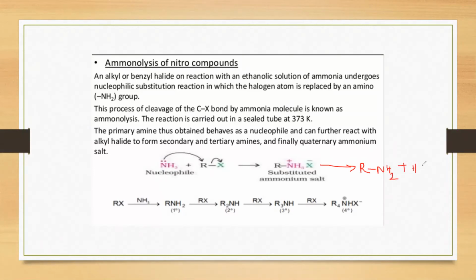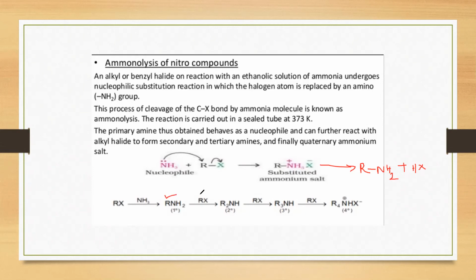If you find this difficult, please write the mechanism 2 or 3 times, then it is much easier for you. The first time you're learning this, you might feel it is quite difficult. I always request you people to study chemistry with pen and paper. Writing practice is very much required. So please, my children, do this. So RX gives RNH2 plus HX. This is the first step where you're getting a primary amine.